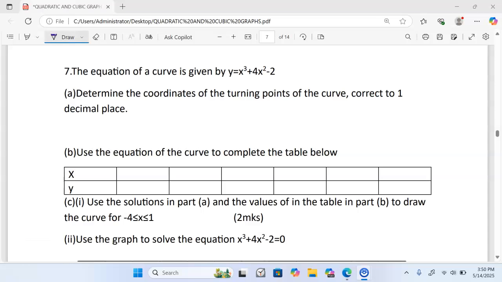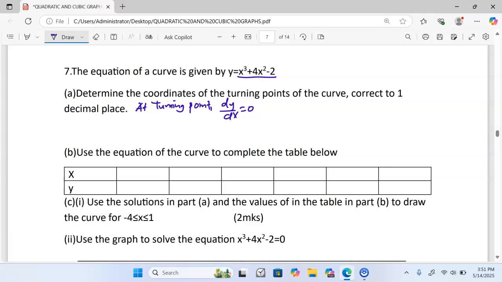We are looking at cubic graphs, and the question we have reads, the equation of a curve is given by the function y is equal to x cubed plus 4x squared minus 2. Part A, determine the coordinates of the turning points of a curve correct to one decimal point. We know at the turning point of a curve, the dy over dx is usually equal to 0, and therefore we differentiate this given function and equate it to